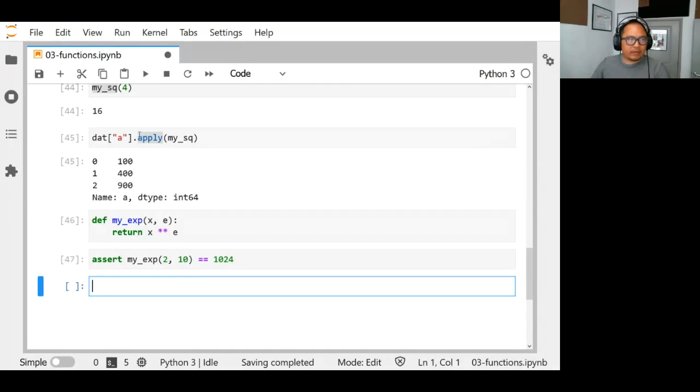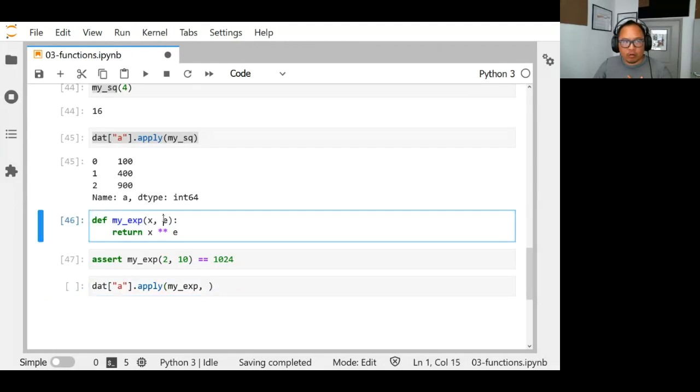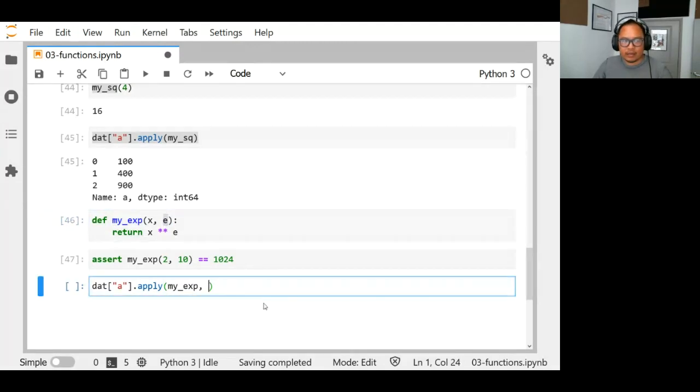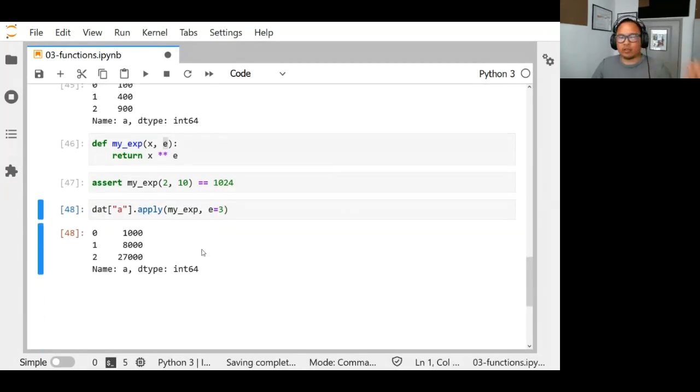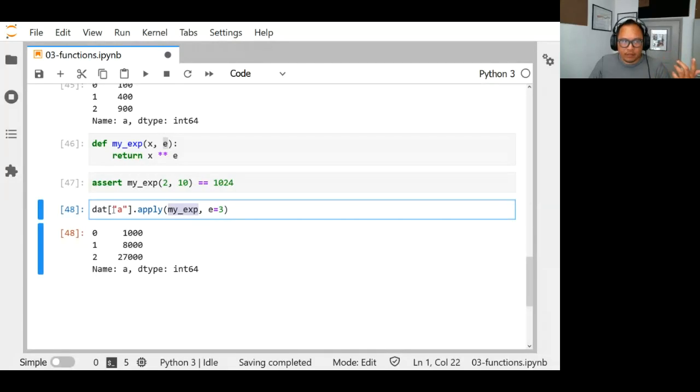All right, so now we have this other function, so we can do the same thing. Instead of applying my square, we can pass in my exp, but now the problem is, how do we pass in that e, right? Let's say I want to take all my values and raise it to the 4th power. So the way we pass in other parts of our data set is we simply, again, pretend it's always been there. So we can say e equals 3. And now we can take the cube of all of our values. The trick to this is the thing that's getting passed in from our data is the first parameter of our function,